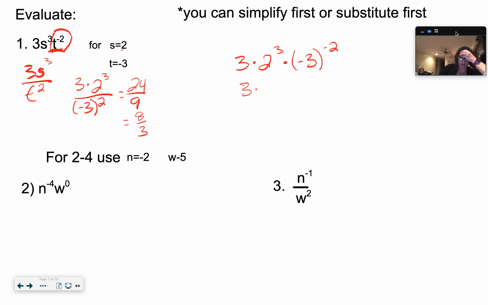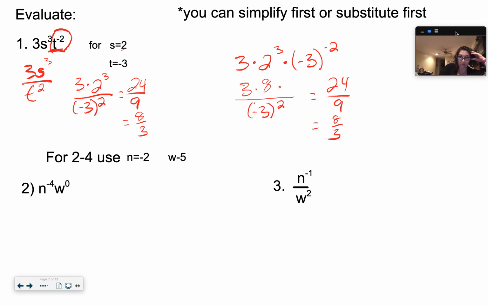8 over 3. Okay? And then, so over here I have 2 to the third, which we just said is 8. And then times, I have negative 3 to the negative second, so I know that's going to flip. So that's going to be negative 3 to the negative second, so that'll become negative 3 to the positive second. And so that becomes 24 over 9, which is 8 over 3. Okay? All right,